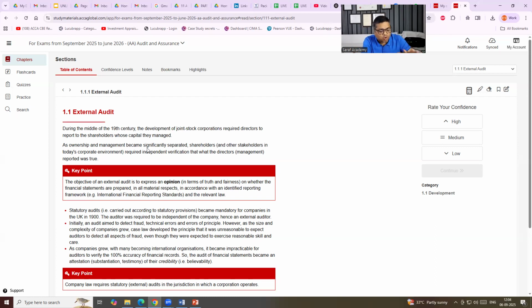That pen, paper, copy and all that are not there. It's gone. You need to be on the screen only from the first day. Everything should be on the screen. No printout, nothing. Then you will be able to develop the habit of studying like this, so at the time of the exam, the problem will not happen.